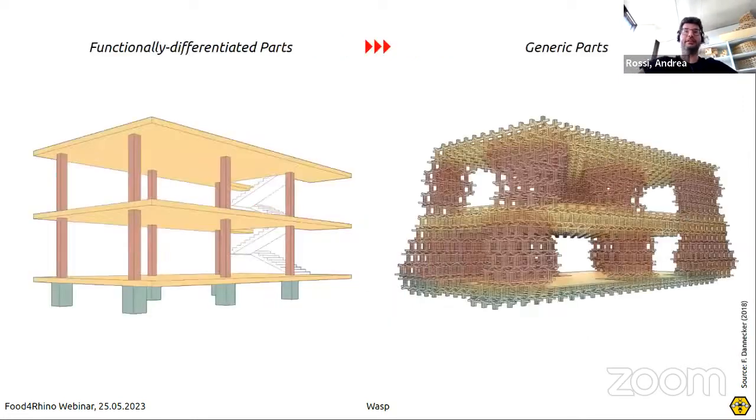So fundamentally, a lot of the work that I've done during my PhD, and that then fed into Wasp as a tool, has to do with this idea of moving from an architecture made of functionally differentiated parts towards an architecture made of generic parts. And what that means is